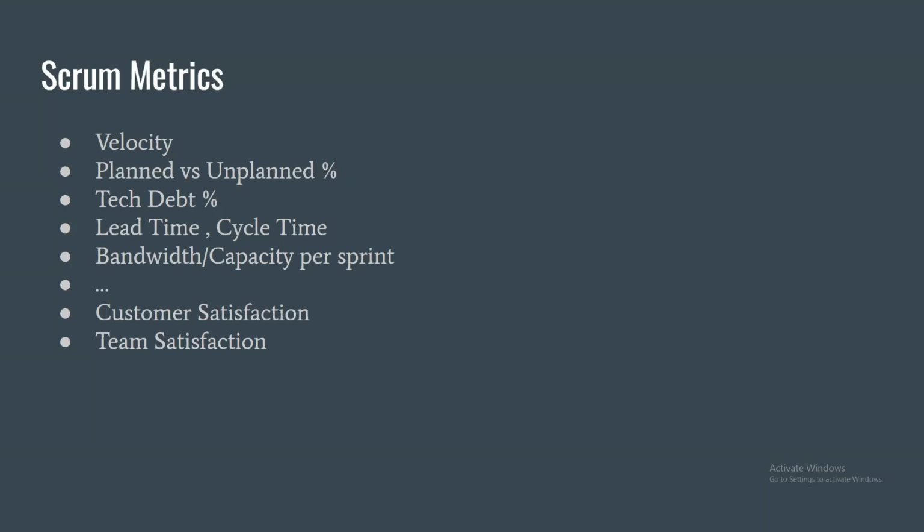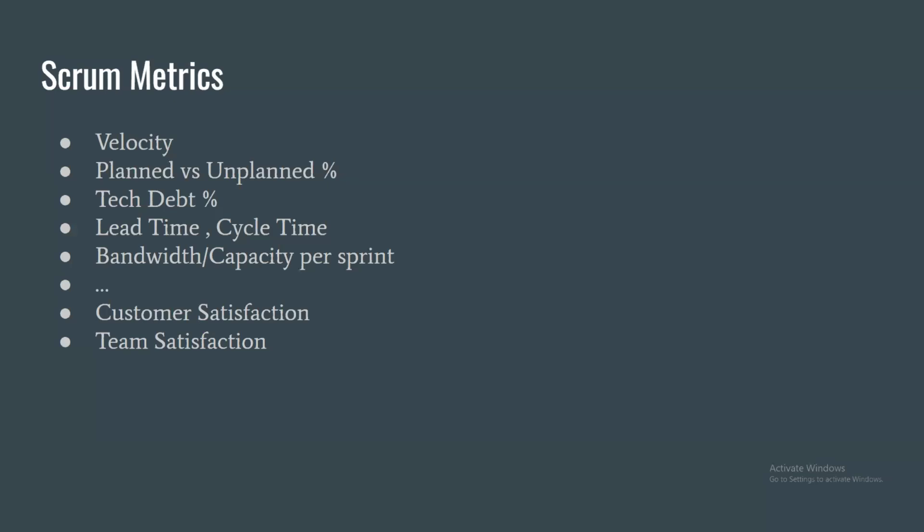Then lead time versus cycle time: how much time it takes, when they start a story, to finish it. Sometimes people have a different version of it. What is the mean or median for the story size that we are taking? Because I personally feel that if the team is picking up too many extra large stories, maybe more than 18 points, and teams can define the threshold, larger stories have larger risks. So I want to know the size of the stories they are taking in,